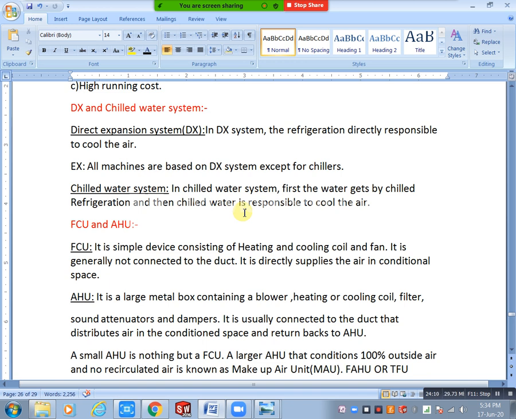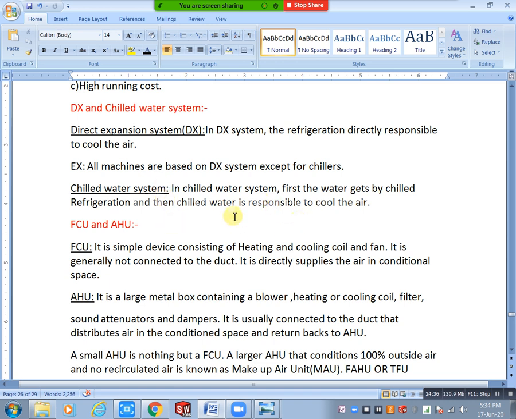First of all, water is cooled by the primary refrigerant and air is cooled by the secondary refrigerant. Here water is the main extra medium, that's why we call it a chilled water system. Just the medium and refrigerant change for cooling of the air. Okay, are you understanding these 2 points?